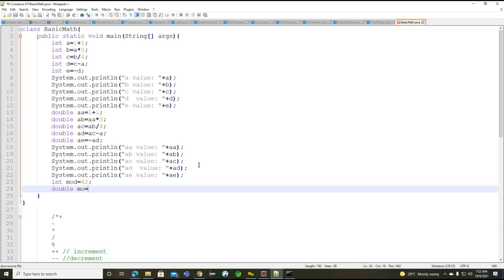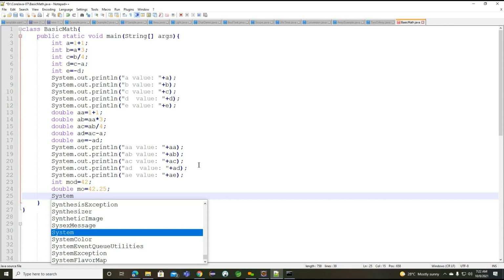Now we can take any variable name here, except the keywords which are available in the Java language. Now, this value I want to give as 42.25. So the int value I gave as 42, and the double value I gave as 42.25 here.